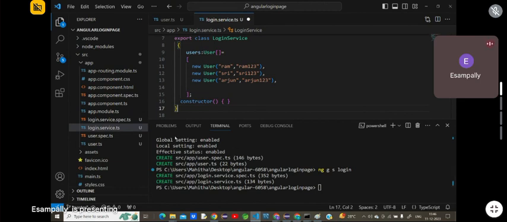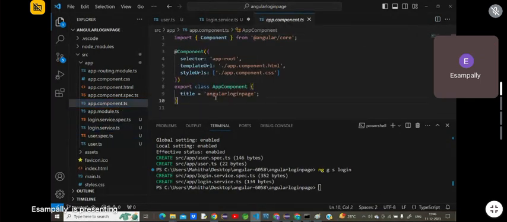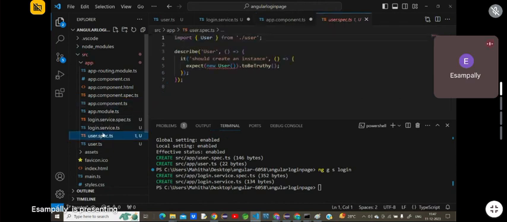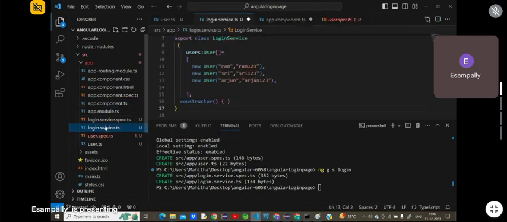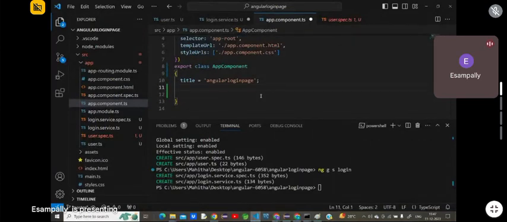Within the app.component.ts, okay, then I'll try to keep this as not an issue. So here, from here, what we will do is, observe, I'm trying to take, this is a